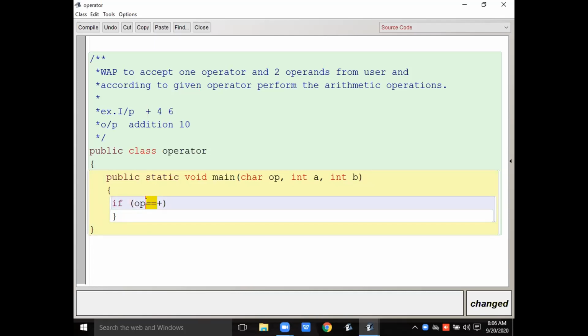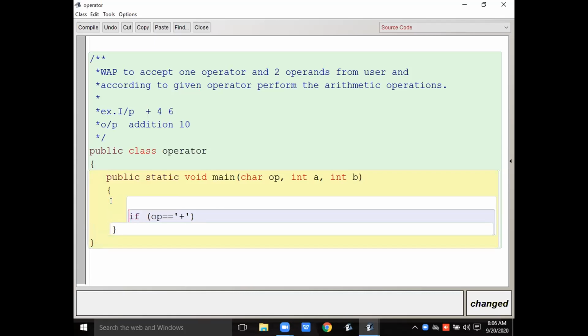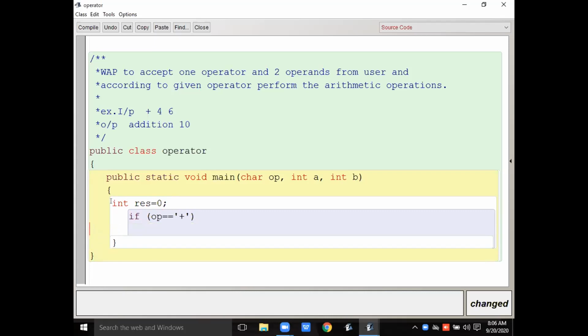The relational operator is going to return true or false, but if you remember, character literals are always enclosed in single quotes. That is important. And here I'm declaring one variable, int result equals 0, or you can declare only result. Now if the operator is this, then result equals A plus B.